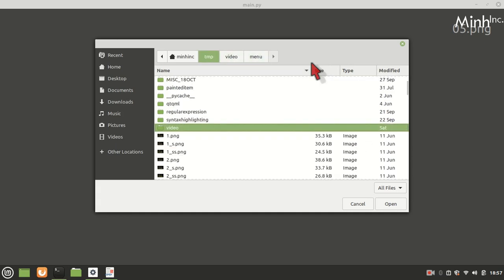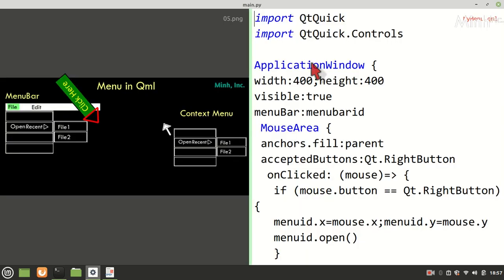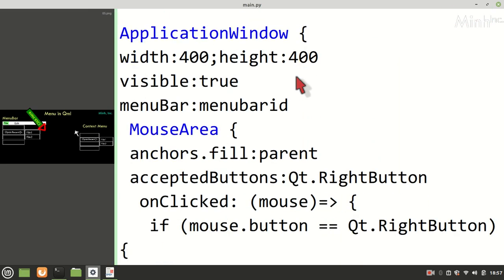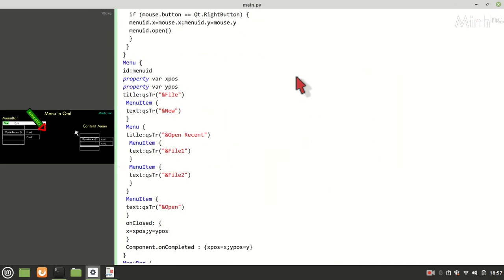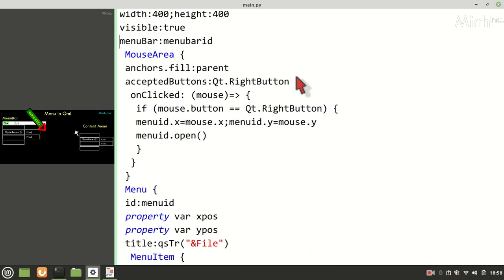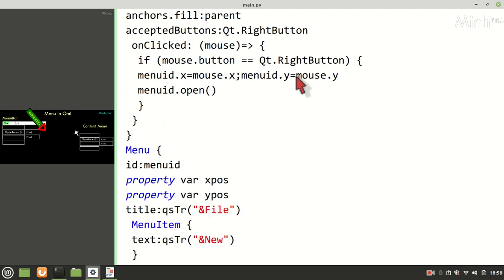Okay, we are here and we wrote the menu. We have only one file, my menu, and this is what we have written now. Qt Quick Controls, ApplicationWindow, MenuBar and MouseArea. So ApplicationWindow, MouseArea, and then we have Menu.